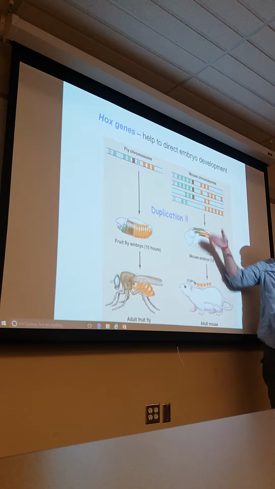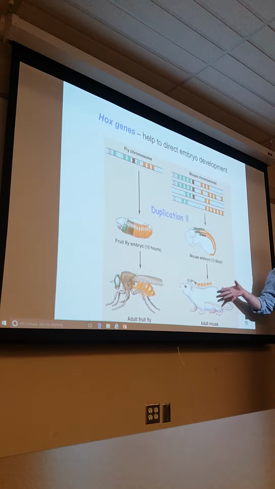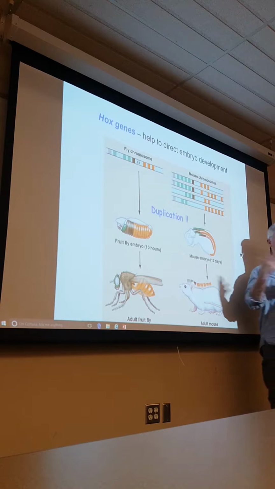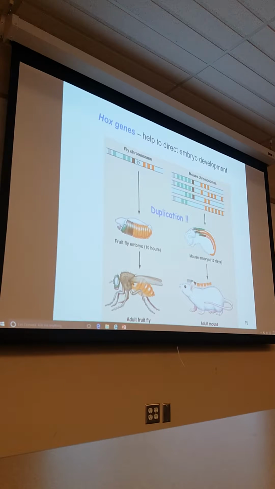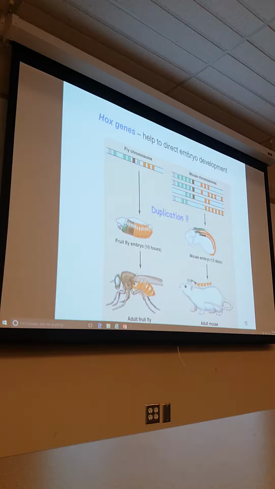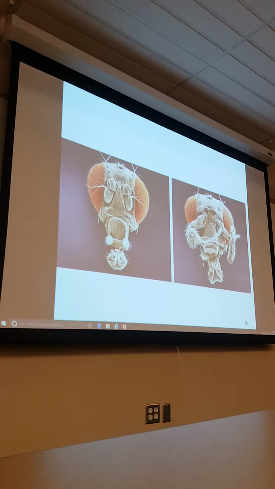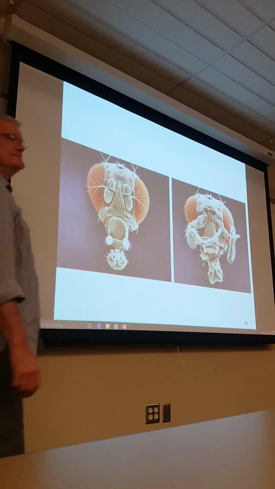So the Hox genes are determining the body plan of the animal, determining where your head is, where your eyes are, where your arms are, where your heart is. And how do we know it's really, really true? Now we're getting to the mean scientist part. On the left is your normal head of a fly.